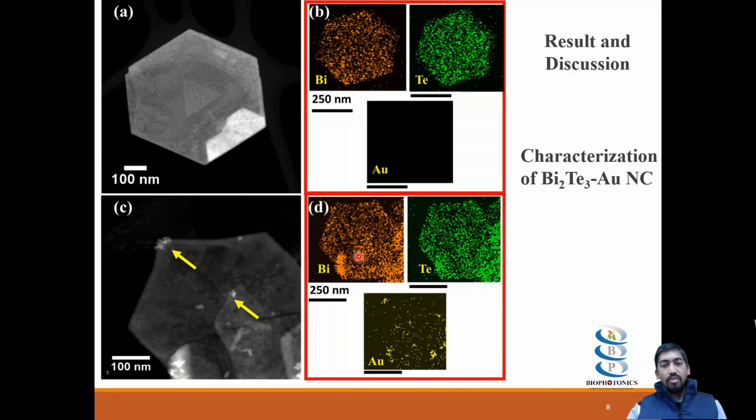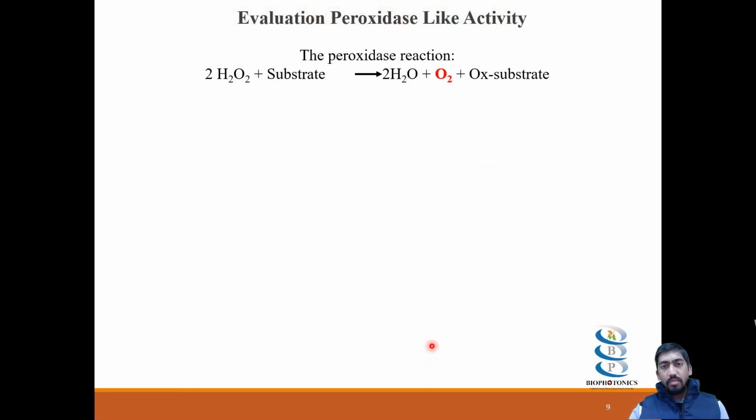So later we confirmed the atomic deposition of the bismuth, tellurium, and the gold in this nanocomposite, and it is shown that the bismuth, tellurium, and the gold are equally distributed, and the distribution of the gold is highly dispersed all over the nanoplates, which indicates that the deposition of the gold is very uniform on the nanosheet. So after confirming this